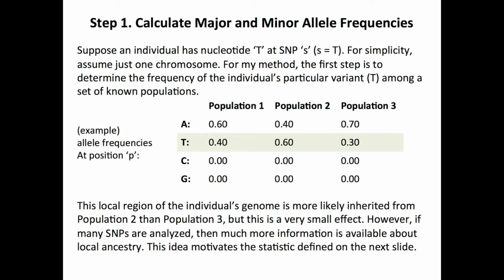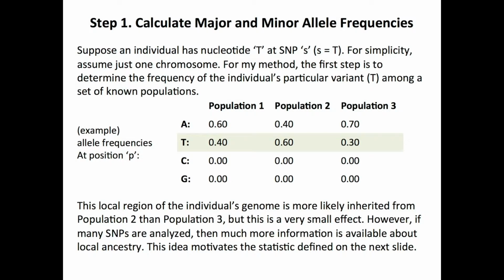So let's jump into how I solved this problem. But first, let's start from the first step. The first thing that I did was calculate major and minor allele frequencies. I did this, of course, using those 165 haplotypes that I gathered from the HapMap. Of course, the large majority of the time, there's only one mutation that occurs in a particular SNP. So calculating allele frequencies really just comes down to calculating the major or the minor allele frequency, and then the other one is easy to figure out. If you look at this chart, it shows at one particular SNP what the major and minor allele frequencies are for populations 1 through 3.